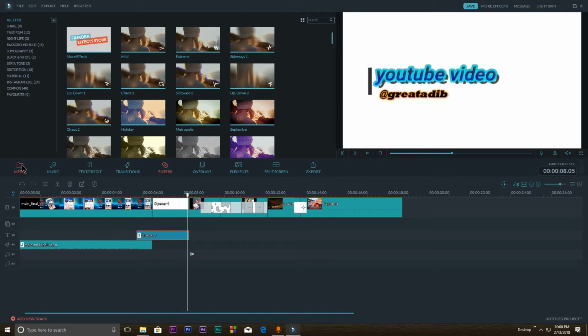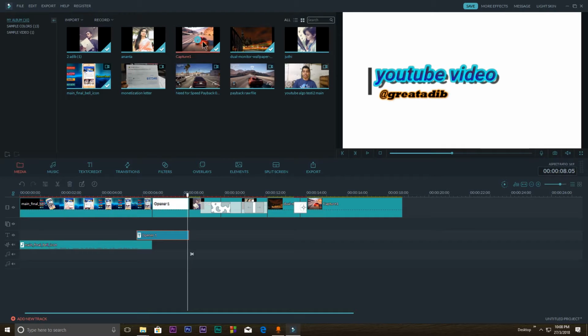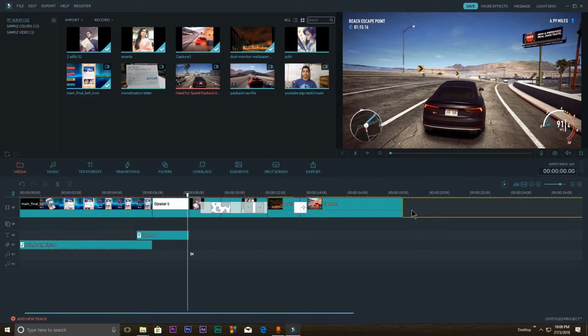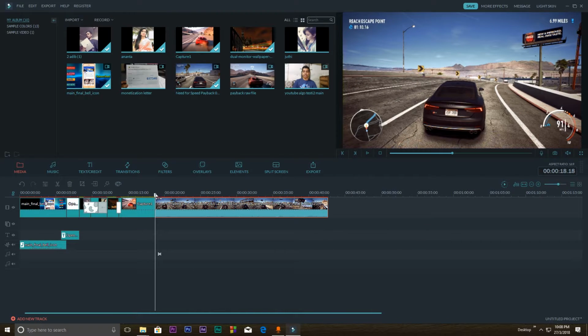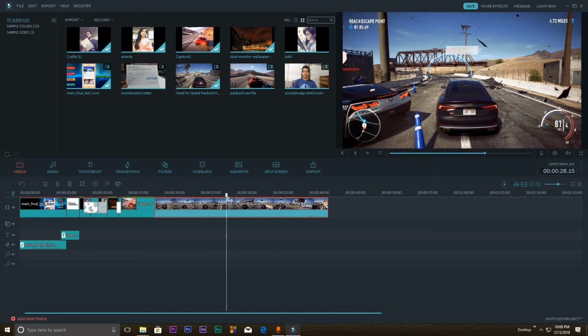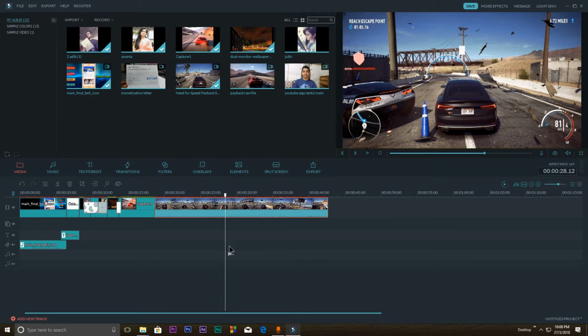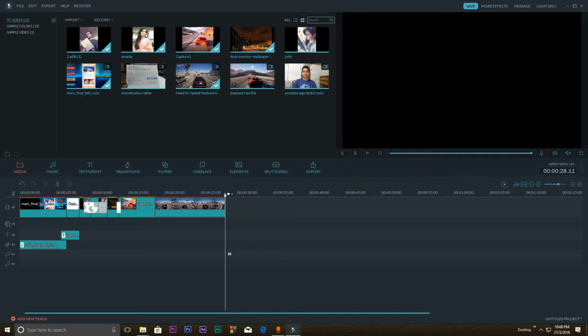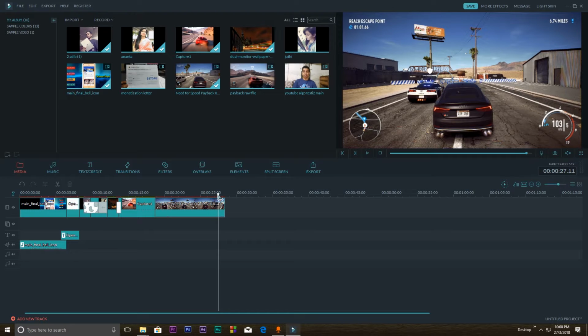Let's go to filter, and before I go to the filter option, let's go to media and add another video there. As you can see, this is the particular video I want to add. Let's resize it to a particular section. As you can see, I want to cut it in different sections. Suppose, so to use that, I want to split it in this particular section and delete those sections by selecting it. And so this is the portion that I want, and from there you can add different kinds of effect